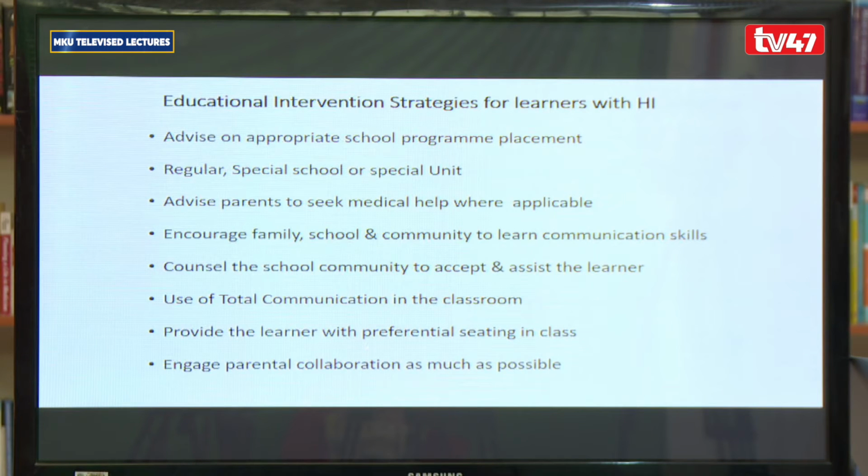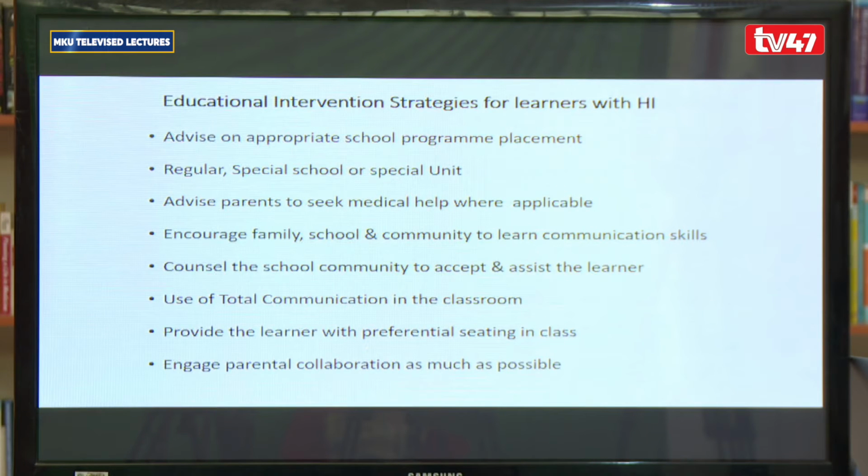So the teacher needs to come to class with the learner, take different positions with the learner, just the learner alone without the others, and let them tell you, and then you're speaking from wherever you are at the front, and let them tell you where they feel is the best for them. Preferential, because sometimes one ear could be more damaged than the other. One could be damaged, the other one could be okay. So it really depends on the position where they sit, whether it's against the wall or in the middle or the wall on the right, the wall on the left. All will be determined by the learner himself or herself, depending on where they feel they're benefiting best.